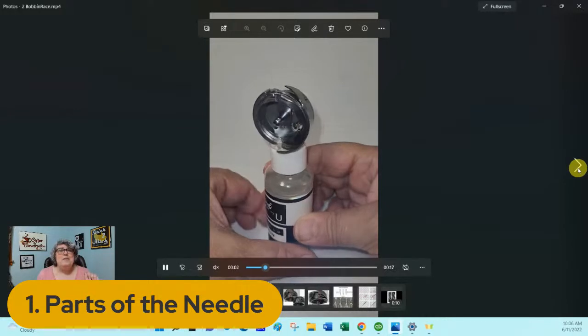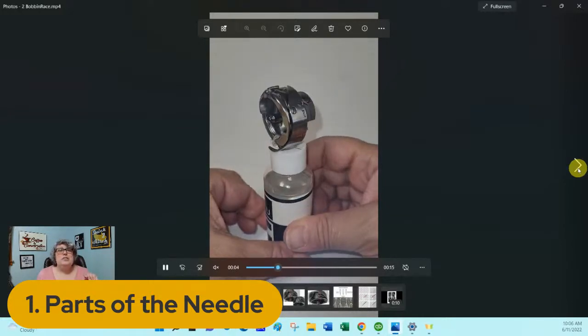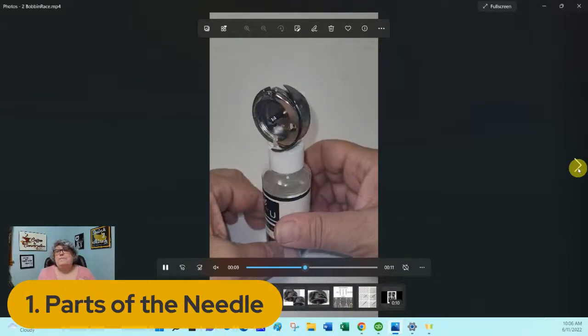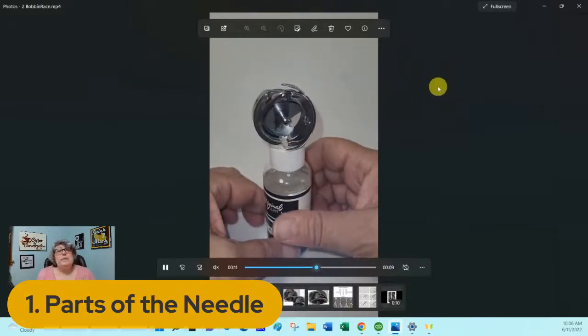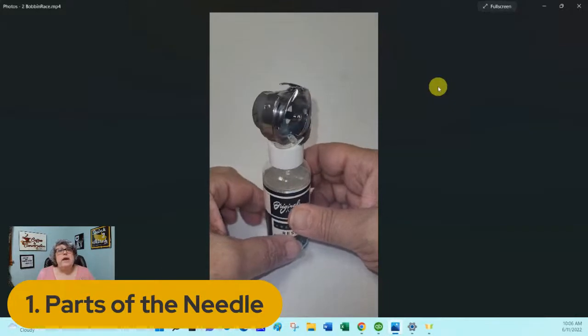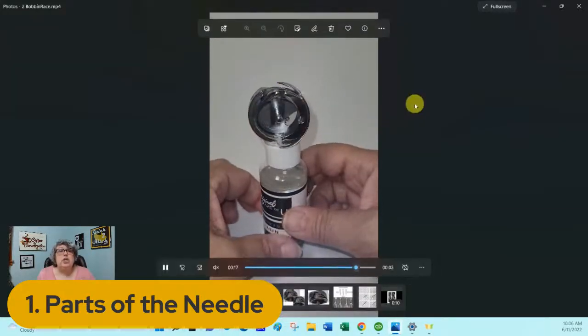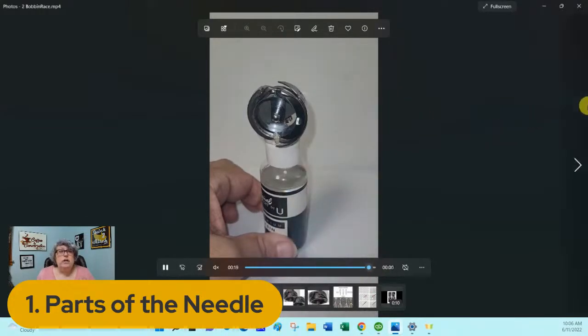I don't have one of those fancy turntables, so you get the manual version. But this is the bobbin race. And the bobbin race up in this area right here is the hook.